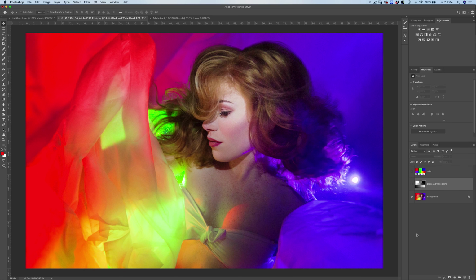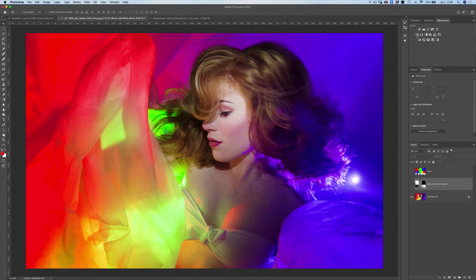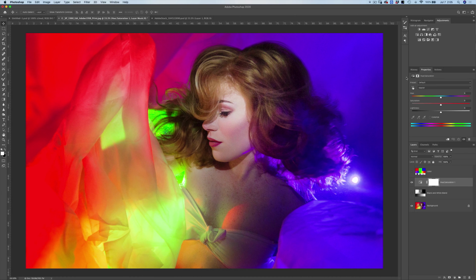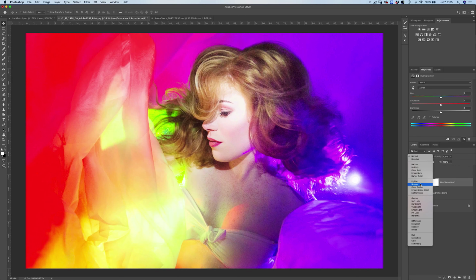Before I move on, there are two really important tips about blend modes that I want to bring to your attention. If you are going to be using a blend mode to brighten certain areas or darken certain areas, do not use a pixel-based layer to do so. Instead, use an adjustment layer from your adjustments area here in order to create a layer and then change the blend mode of that layer, say to multiply or to screen.